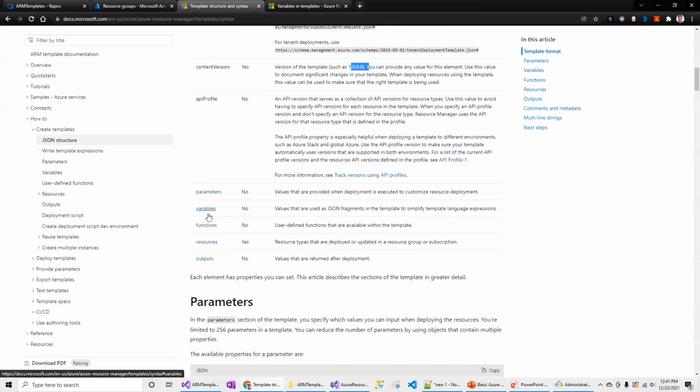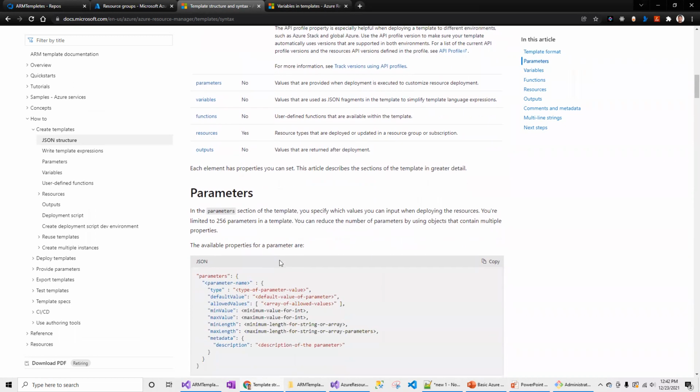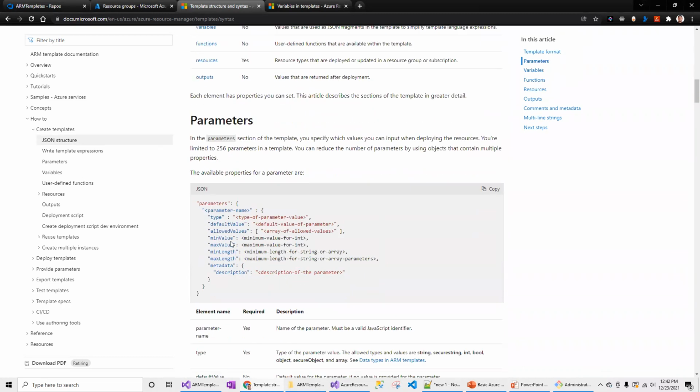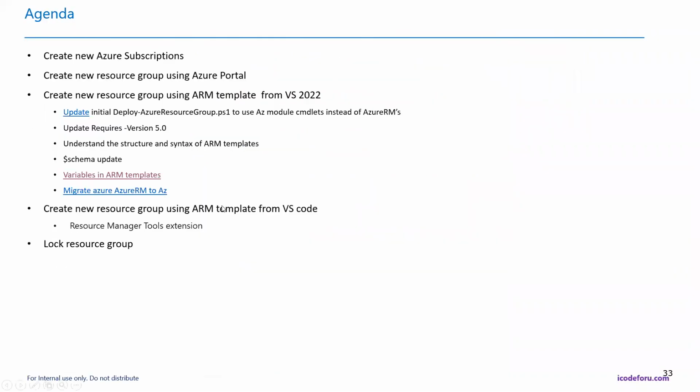Now you will have functions, in case you want to create reusable functions in the ARM templates. You can use that for creating functions, and also output values are returned after the deployment. These are the basic syntax elements you will be using when we are actually creating the ARM templates.